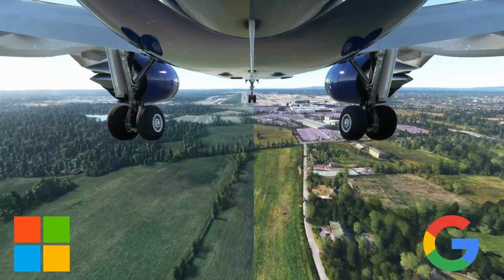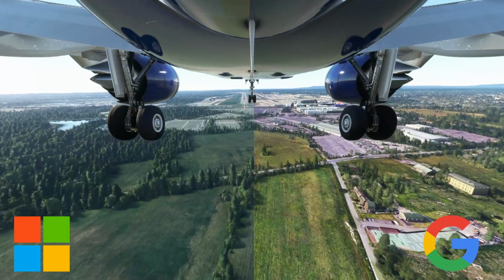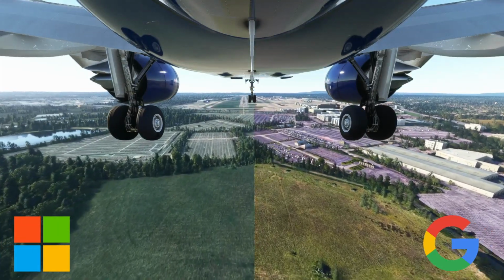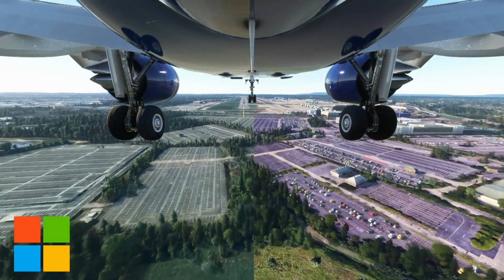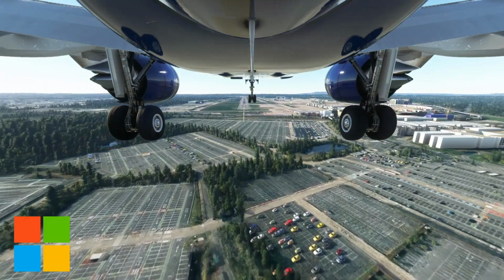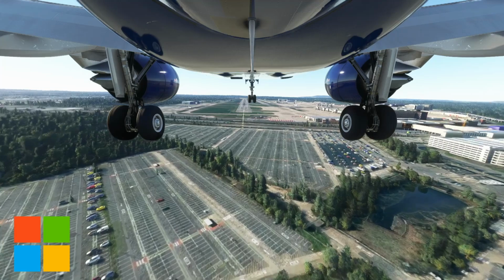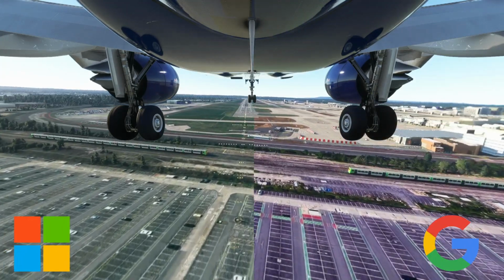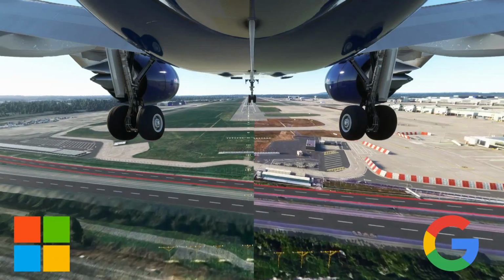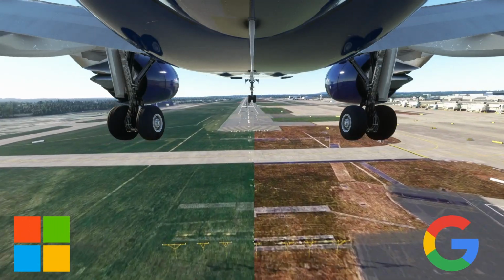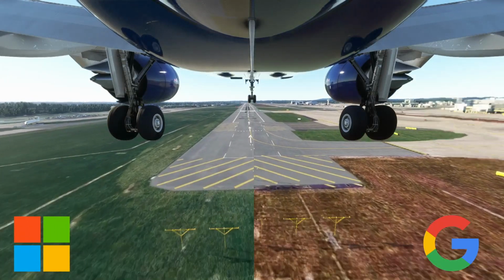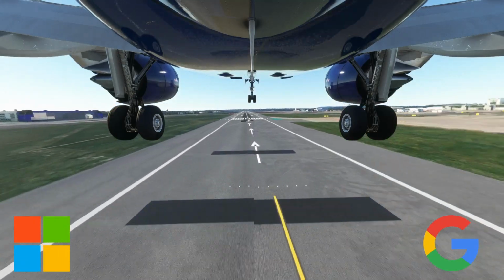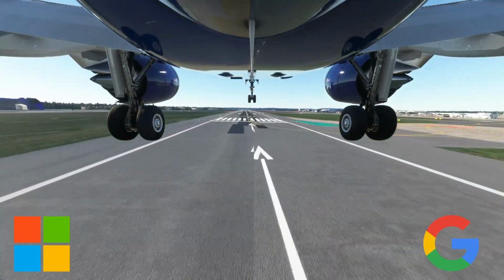I think Google Maps is very good for high altitude flying. It looks much more realistic, much more like how the real world looks. But when you're closer to the ground, you start to notice the discrepancies that we all know can happen on Microsoft Flight Sim, but you get them to a higher degree. That is because frankly the Bing Maps still provides some of the data, I'm sure, for the stuff like buildings, so you're going to get some sort of conflicts. And when you're getting that conflict with older maps, or indeed newer maps in Google Maps case,